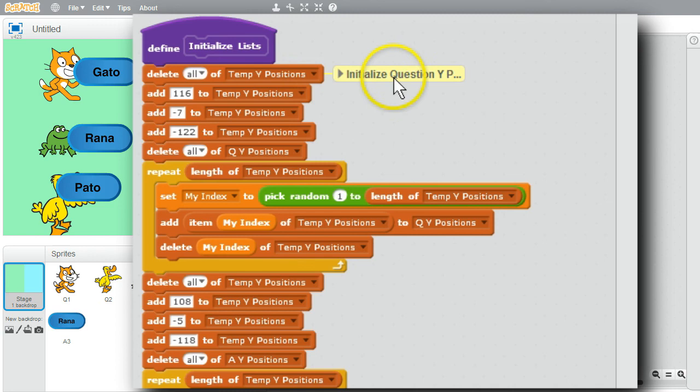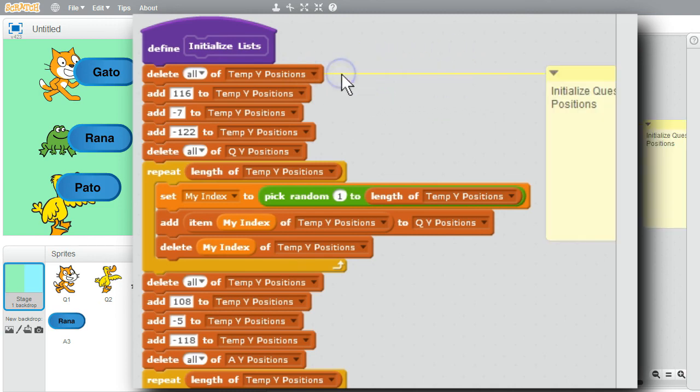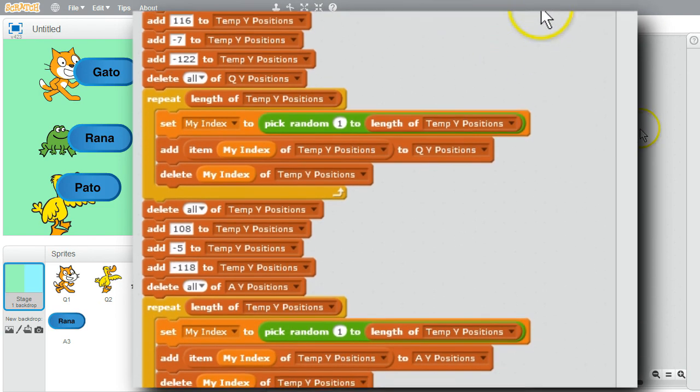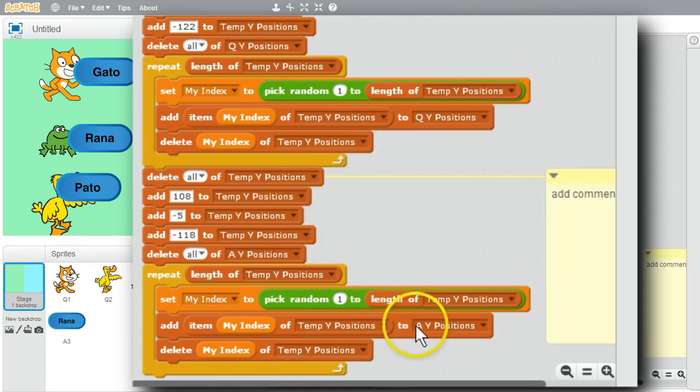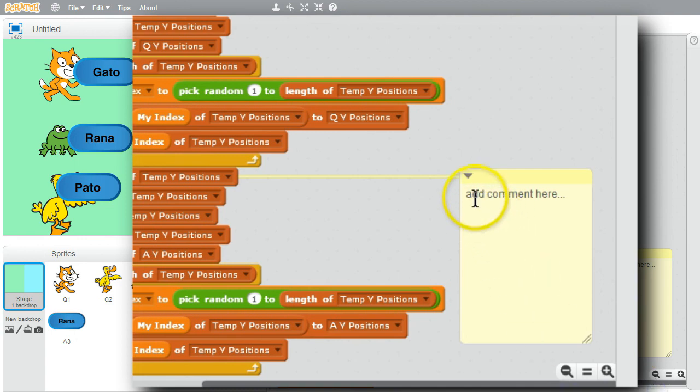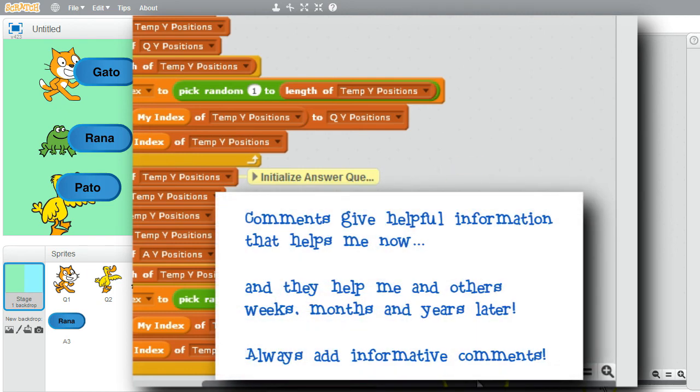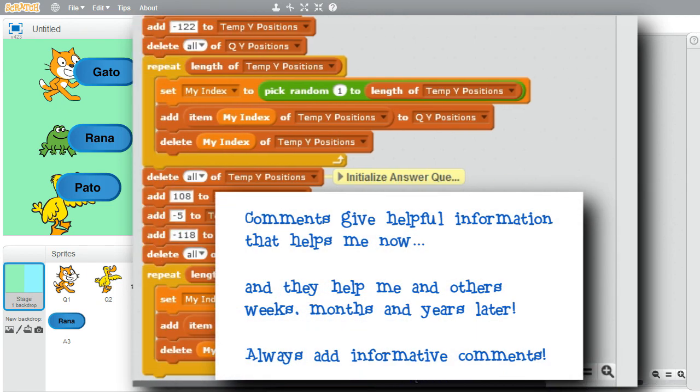Now there's a comment on the code that can be helpful. It can be opened up anytime and closed. I can add a comment on the second block of the same thing. Add comment. I'll scroll over. Initialize answer question positions. Minimize. Comments can be helpful for telling me right now and in the future, and more importantly, other people, what